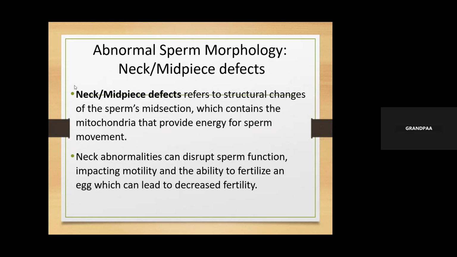That's the first thing. Secondly, once they move, they must also have the capacity to penetrate and enter into the ovum, and then begin the process of fertilization, where they are merging with the ovum. So failure to do that